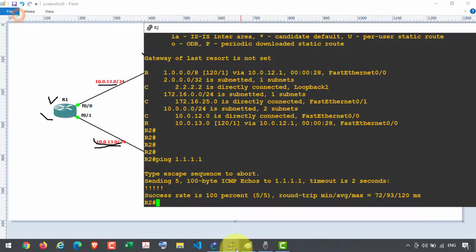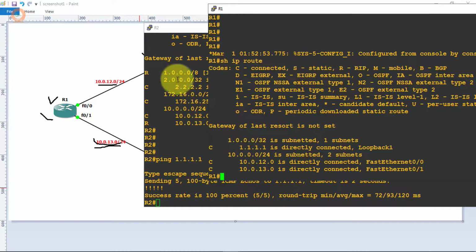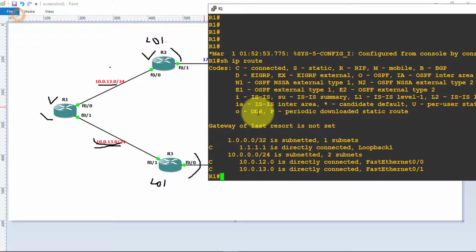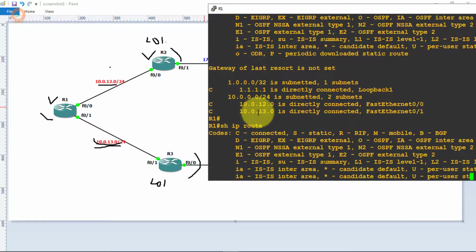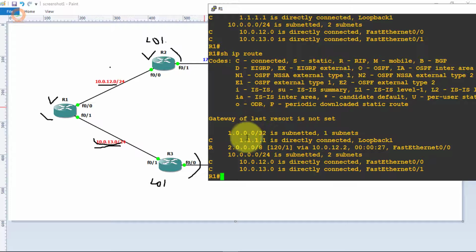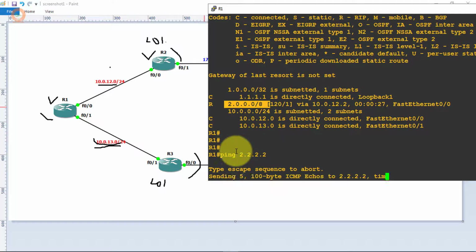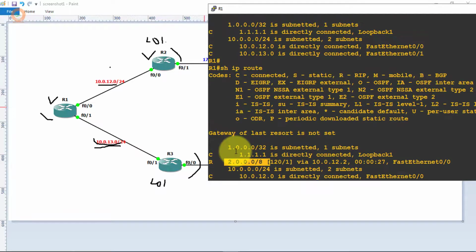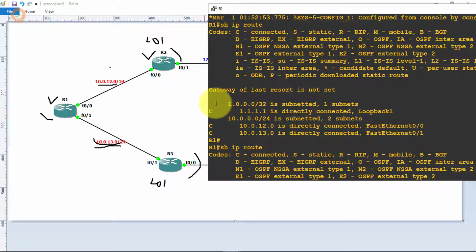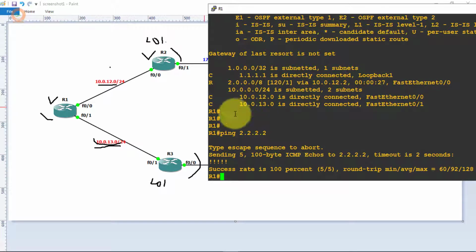So let's check the routing table of router 1. Now we have the loopback IP address of router 2, and we are able to ping from here. In the previous output we were not receiving any route from Routing Information Protocol, RIP, but after advertisement we are using